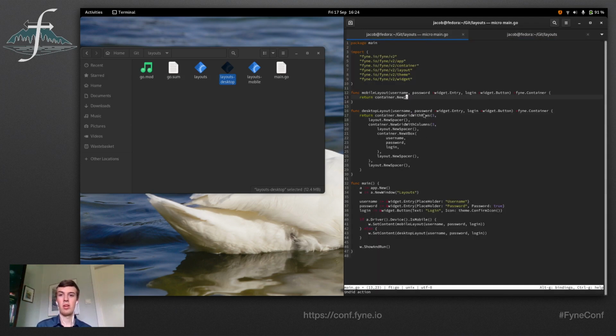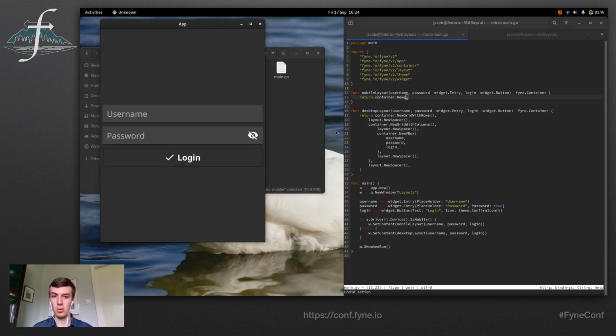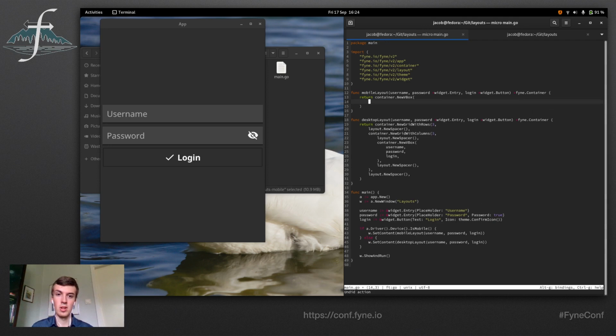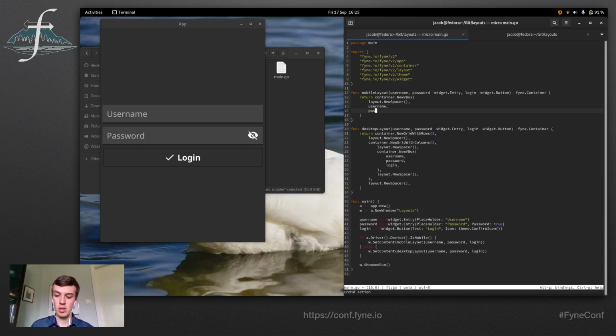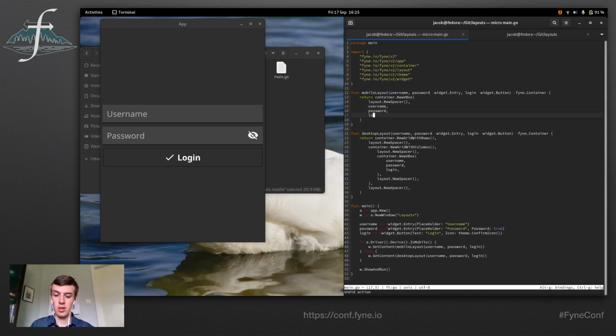So now on to the mobile layout. This is what we want, and if we just think about this, we can use a VBox with a spacer, the username, the password, a login button, and then a spacer. So to do that, we just do new VBox, and inside that we put a layout.NewSpacer, username, password, login,